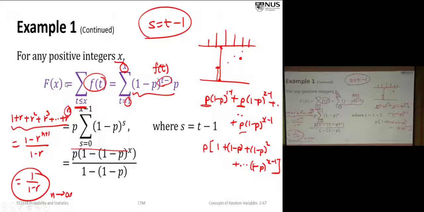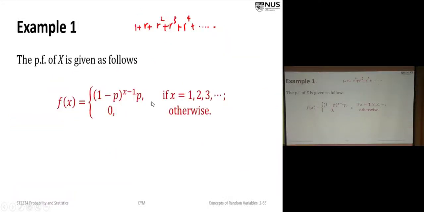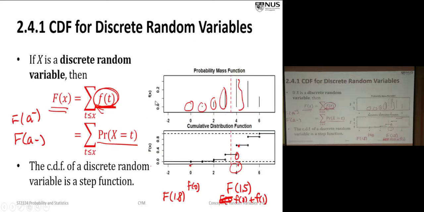Okay, but here I did it just for a particular x, so this is the answer for a particular x. But for the CDF, the cumulative distribution function, you also have to state it for any x value. So if you recall, let me go back to this graph. What I just showed you with the given probability function, I just evaluated all these points. Now the question is, what is in between?